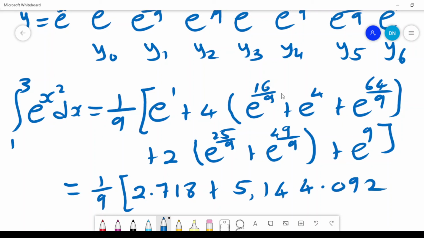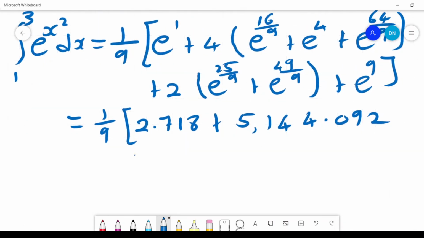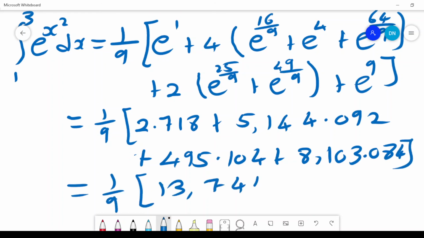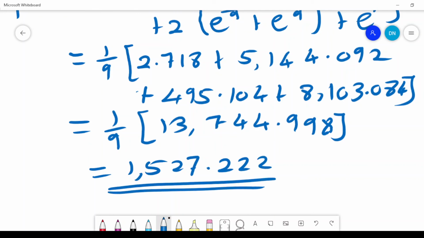And the third one is 2 times those 2 terms, which will give you plus 495.104. And then the last part, e raised to power 9, is 8,103.084. The sum is 13,744.998. So that's what we get, 0.22. And that is the numerical integration of that exponential using